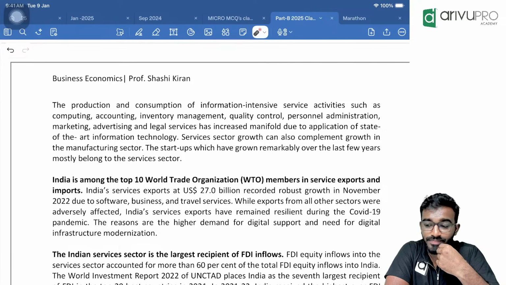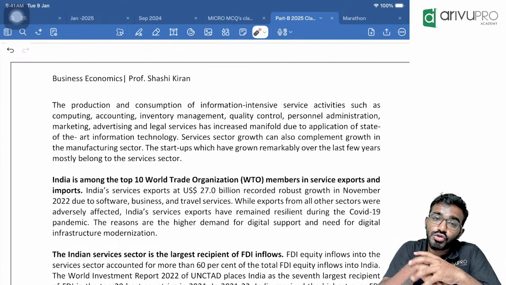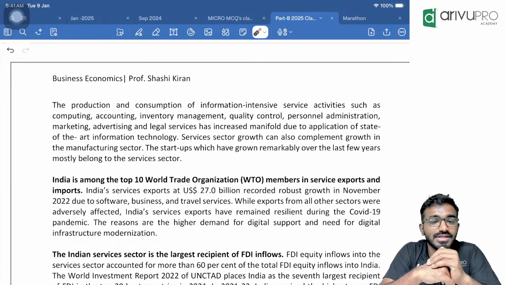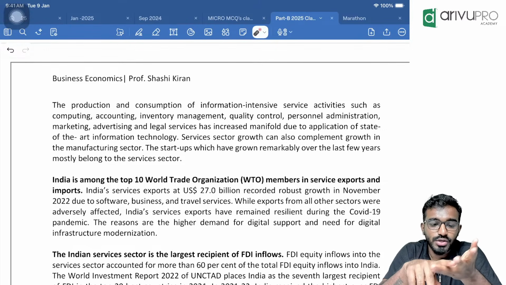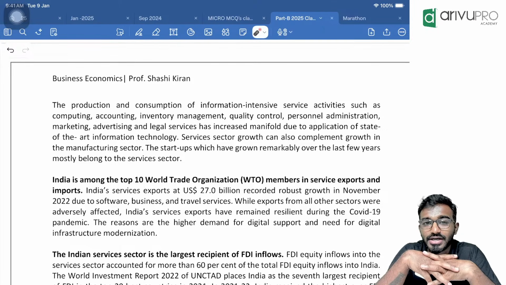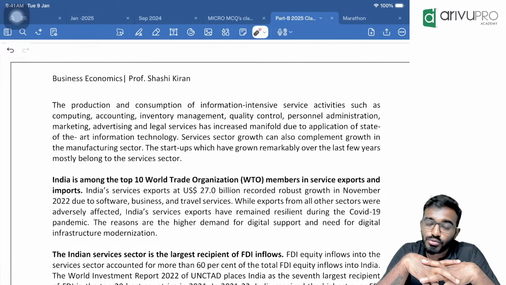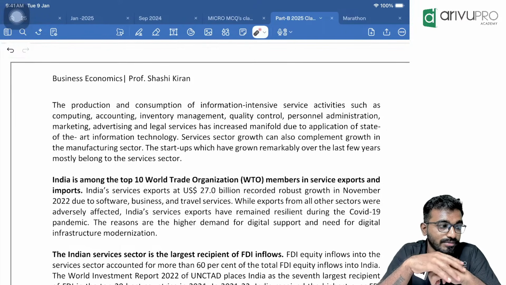Clear? So tomorrow only one single chapter is pending, that is chapter number 9. So even before attending the class, read it once and then come to the class. In total there are 5 units. Of these, only unit 2 and unit 4 are slightly big. Units 1, 3 and 5 will get over very fast. It will not take much time. So tomorrow will be the last day of this marathon. Tomorrow also at the same time, 4:30 to 6:30, we will wind up. So by tomorrow the entire concepts will come to an end.